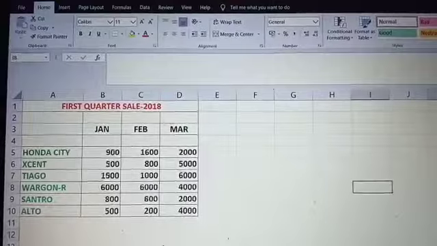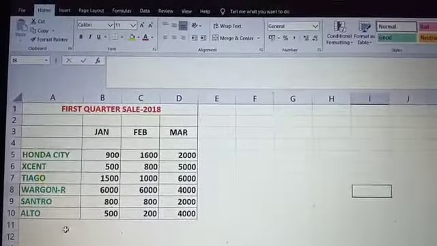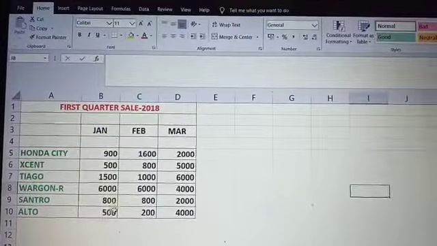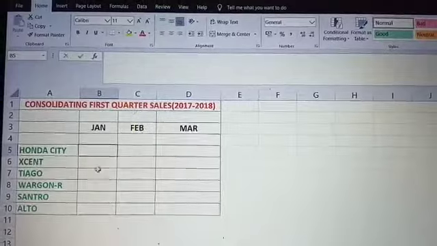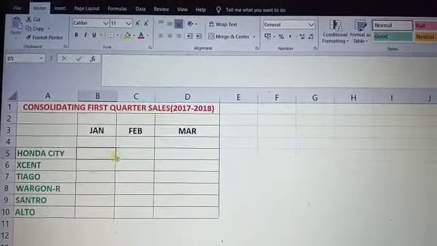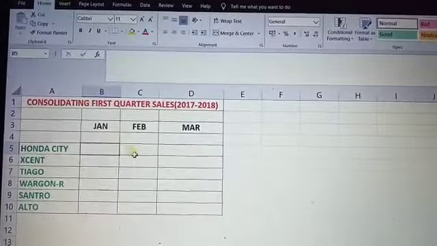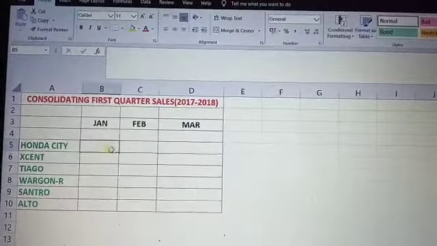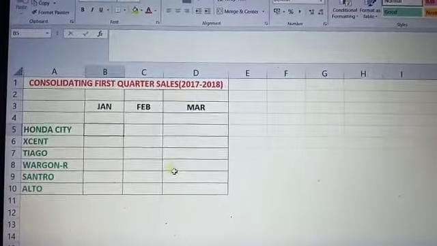Sheet 2 contains the same vehicle names, but their values change month wise. In sheet 3, I have left it blank for the consolidation process. The vehicle names are the same, but the values do not appear. They appear after the consolidation process.